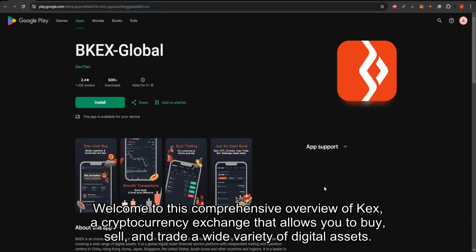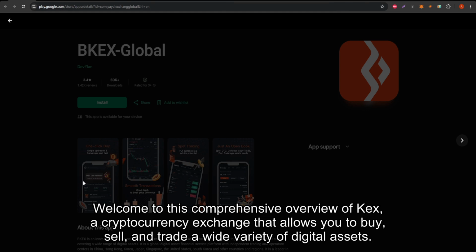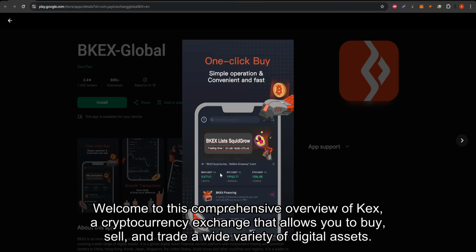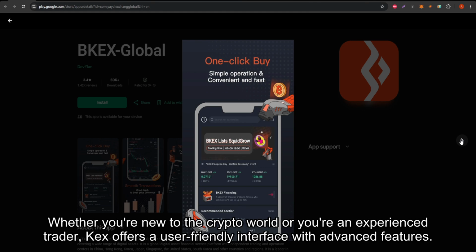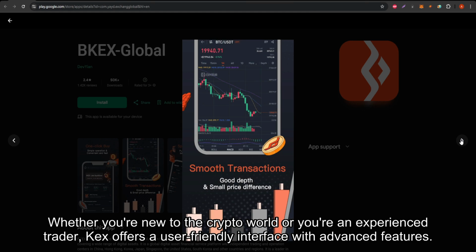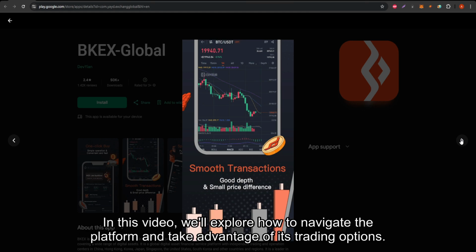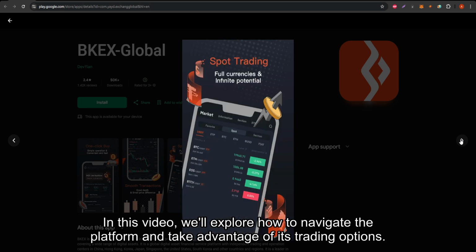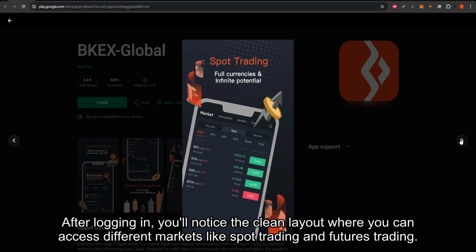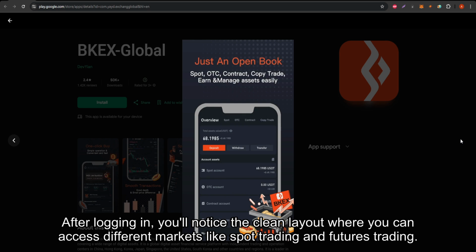Welcome to this comprehensive overview of Bkex, a cryptocurrency exchange that allows you to buy, sell, and trade a wide variety of digital assets. Whether you're new to the crypto world or you're an experienced trader, Bkex offers a user-friendly interface with advanced features. In this video, we'll explore how to navigate the platform and take advantage of its trading options. After logging in, you'll notice the clean layout where you can access different markets like spot trading and futures